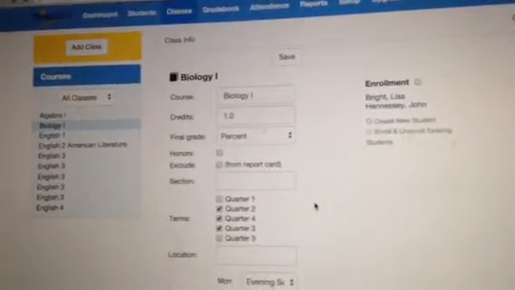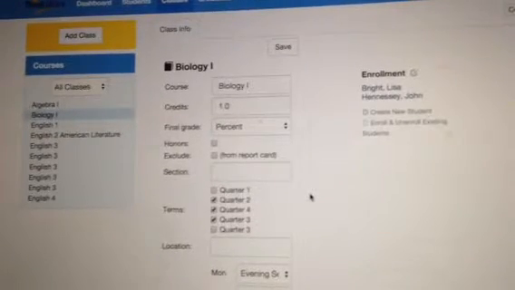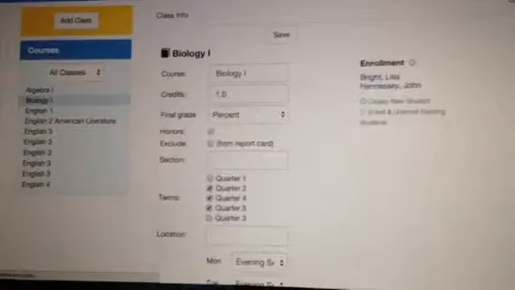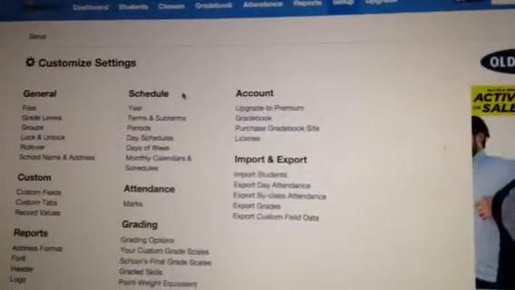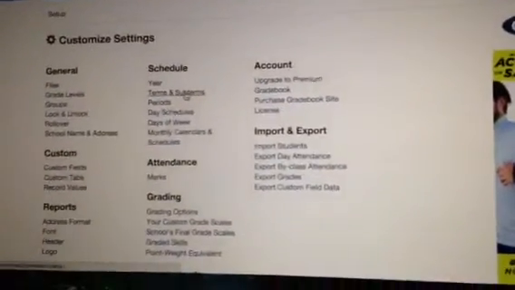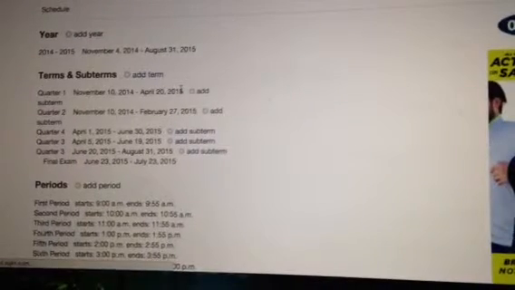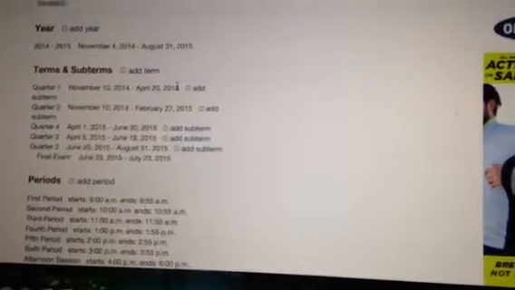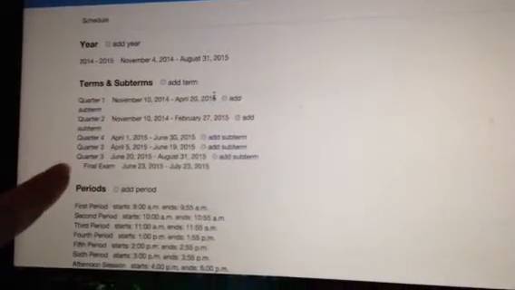Okay, the next thing you want to do is set up terms. So you click on the Setup tab, and you'll notice under Schedule, you can set up terms and subterms. The dates here are a little bit wacky. I've been playing with this, and that's why. So you're probably, when you go to terms and subterms here, it'll look a little cleaner, but